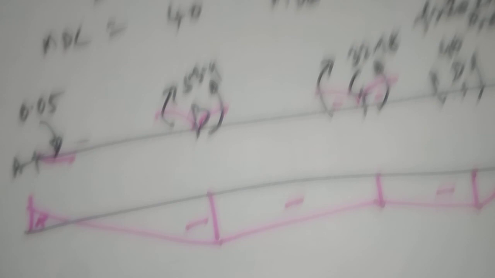Now MAB will be sagging, so positive. BA will be hogging, so negative. So it will join downward; if it is upward, it will come below. This will be hogging, so negative, 32.98. And this is 40, which will come below here. And moment at E is 0. So this is the fixed-end bending moment diagram. All downward are negative, all upward will be positive.